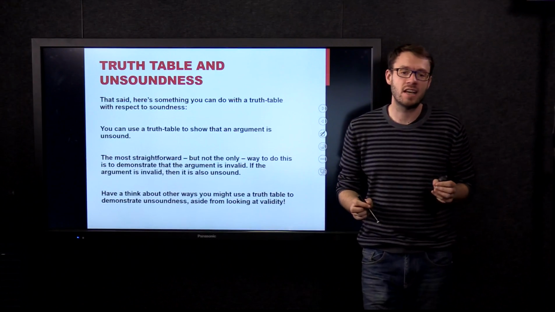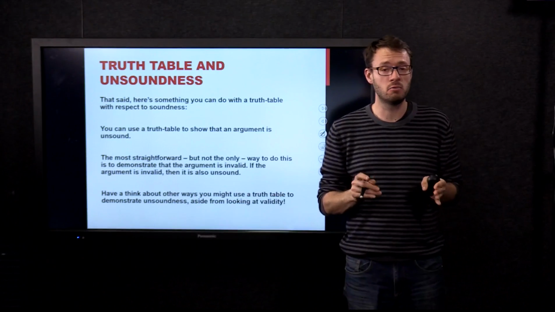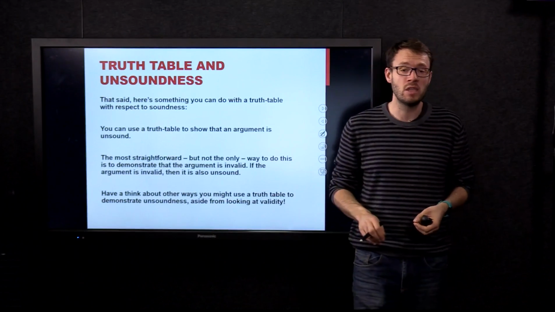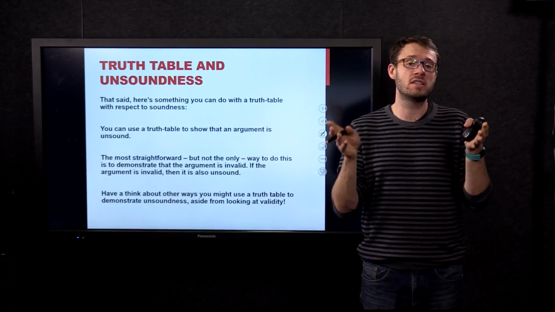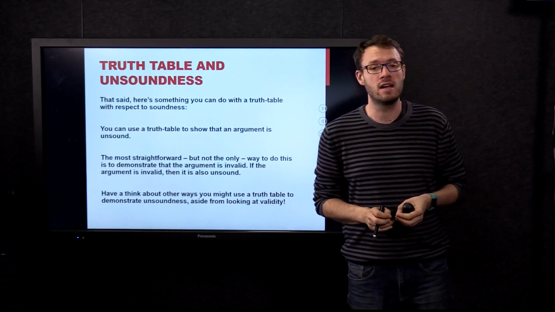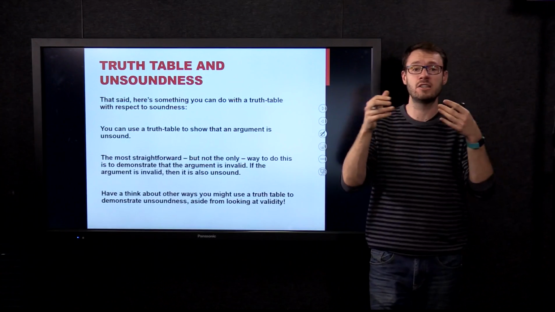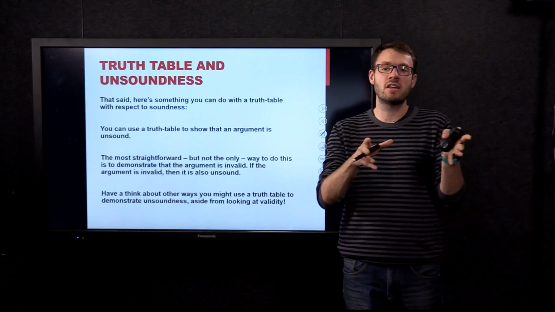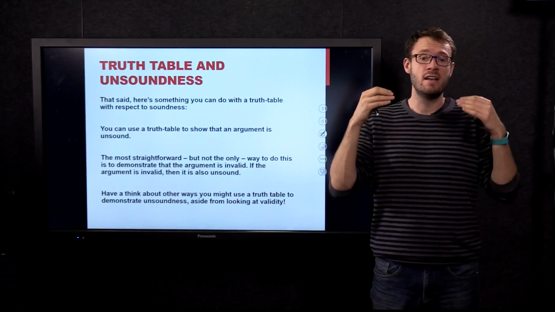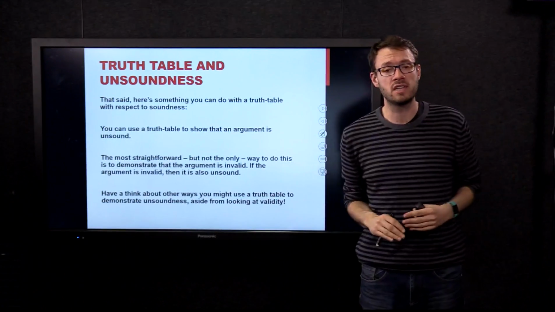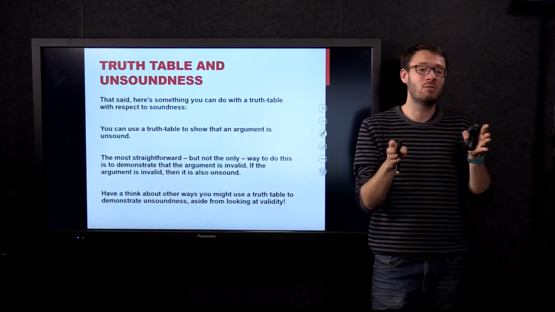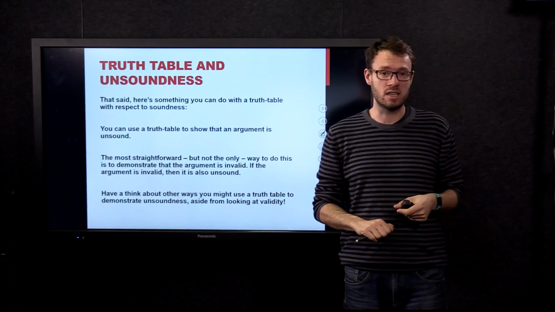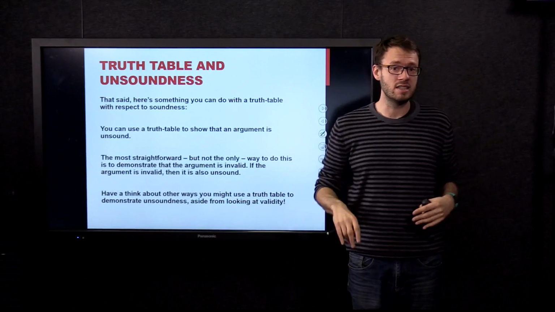But you can, to some extent, work out whether an argument is unsound. Remember that for an argument to be sound, it requires that the argument is valid and that the premises are true. So when you do a demonstration in a truth table that shows that an argument is invalid, you're also demonstrating that the argument is unsound, because validity is required for the argument to be sound. So if you show that there's no validity, then you lose soundness as well. So although you can't show that an argument is sound, because you can't demonstrate that the premises are in fact true since we don't know which row of the truth table we fall in, you can work out whether or not an argument is unsound when it is, because you'll see that at least with respect to validity,